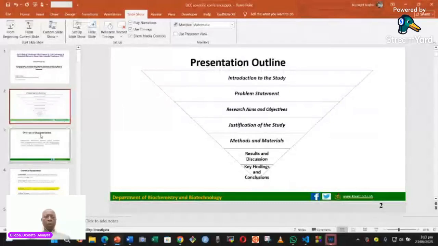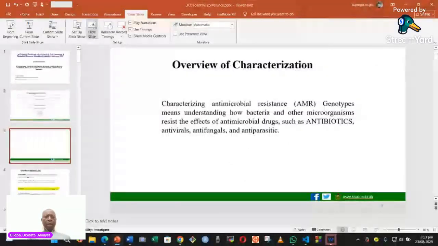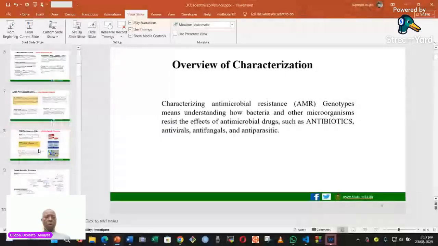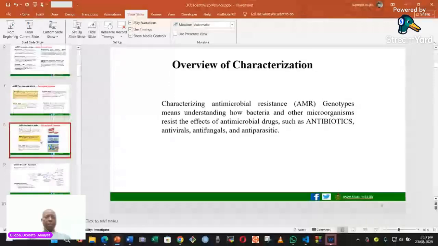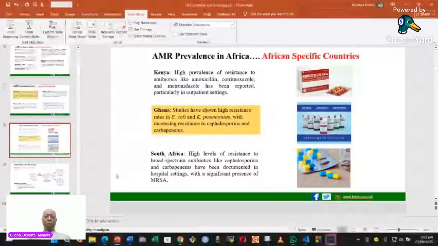Then I don't want to present slide 3, so I click on slide 3 and hide it. Slide 3 is now hidden. Then I can go all the way and say I don't want to present slide 8, so I hide it, and then in that order. So now, if I want to present these slides,